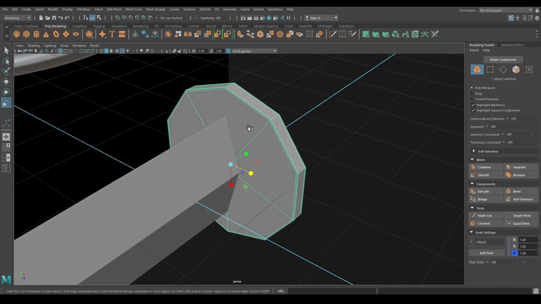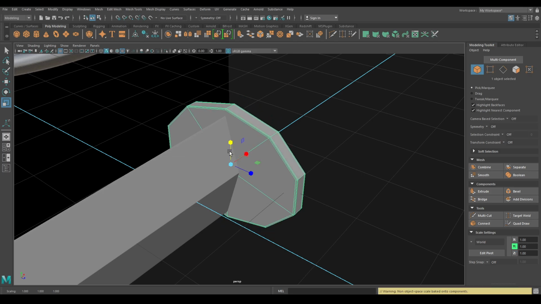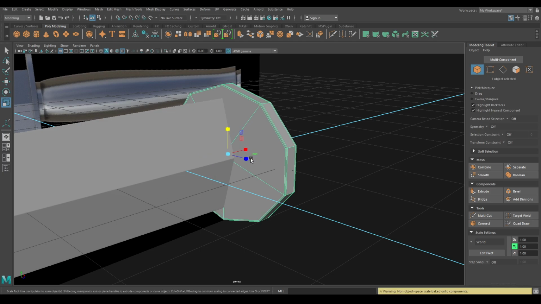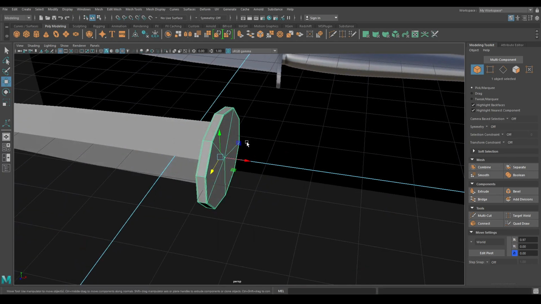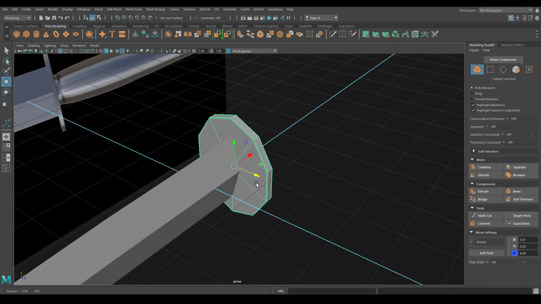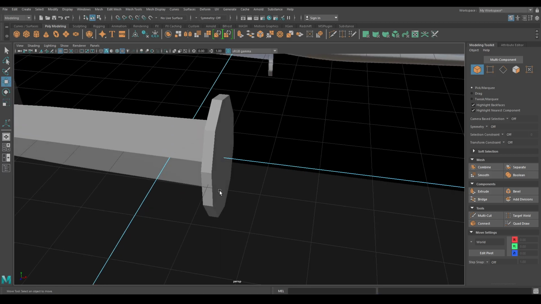Press R to scale it down. Rotate this. Now press 3 to smooth preview it.